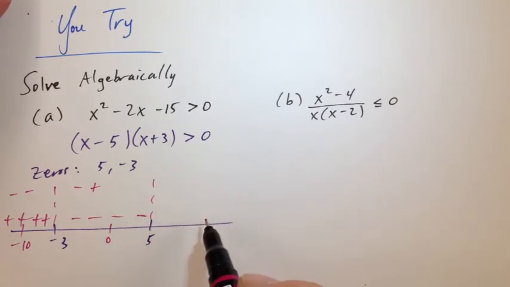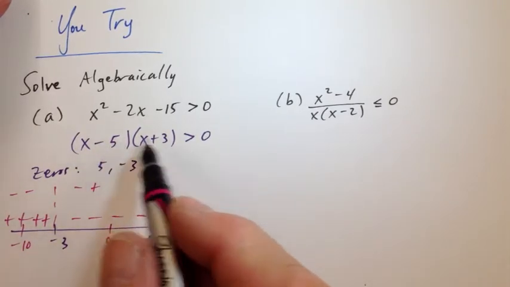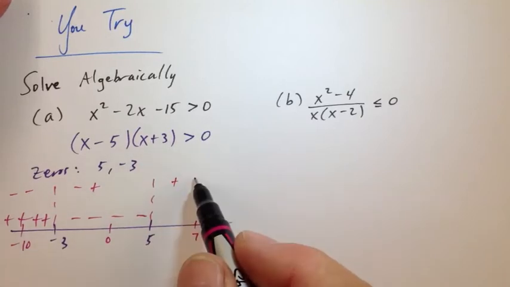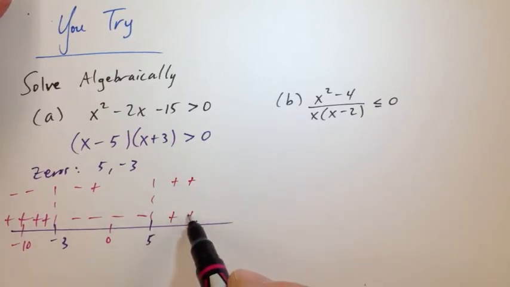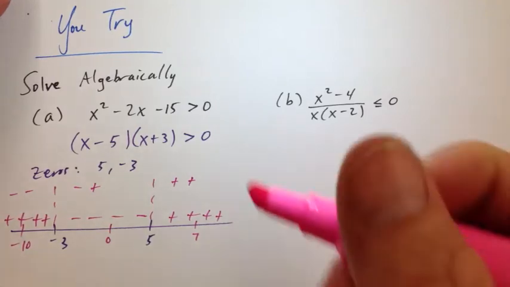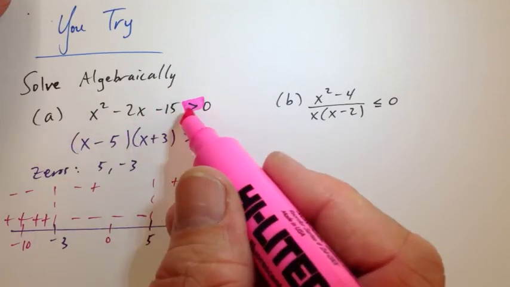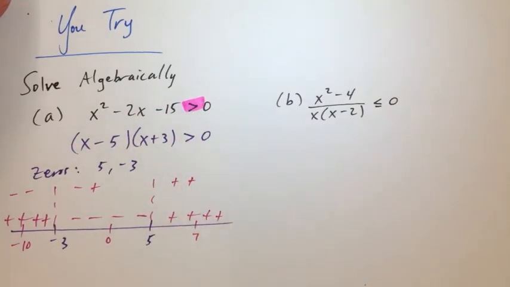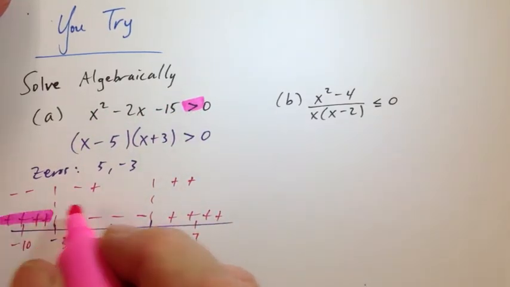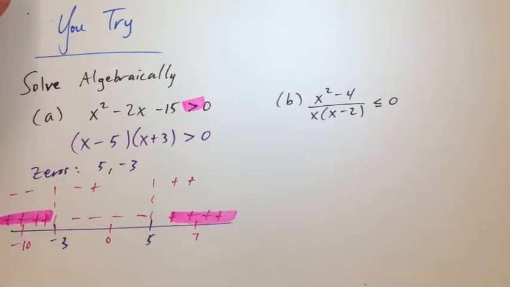And then on the interval from 5 to infinity, let's pick 7. 7 minus 5 is positive. 7 plus 3 is positive. And so on that interval, the function's values are positive. And what do we want? Well, we have to look back. We want to know when this polynomial is greater than 0, and it's greater than 0 where you see the plus signs. And those intervals, we can say,